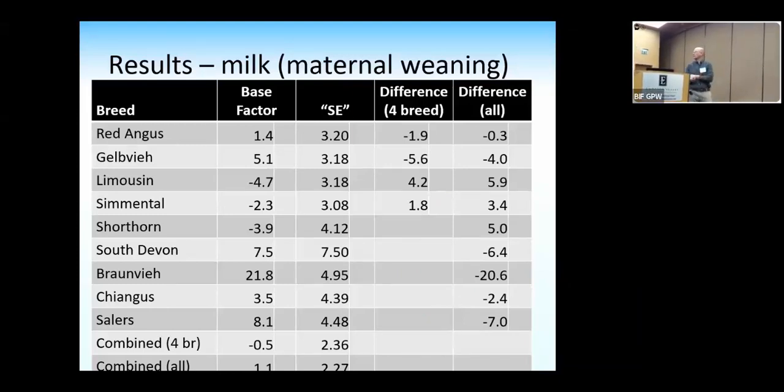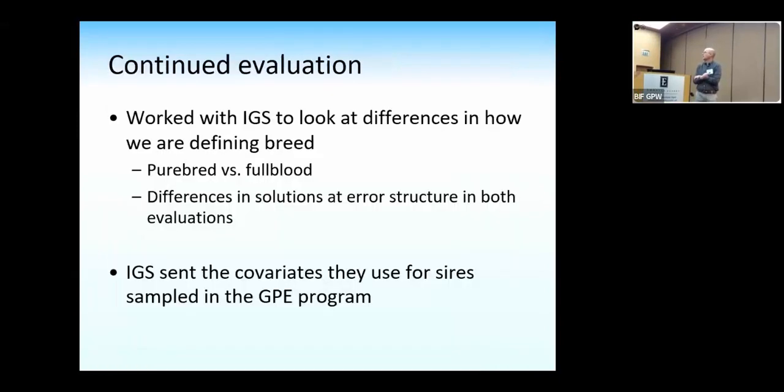Okay. So, the next step is what to do about that next. So I took the same data set and tried to look at working with some covariates that Ryan sent me, unfortunately about a year ago now. So I finally got to it here under pressure in the last few weeks. That's the way things work. But Ryan sent me covariates for the breed solutions they fit.